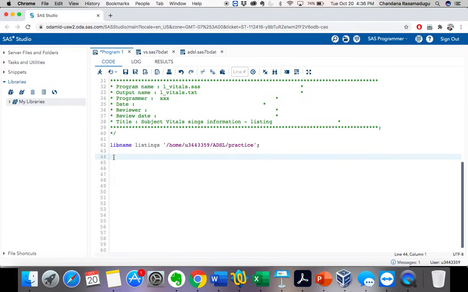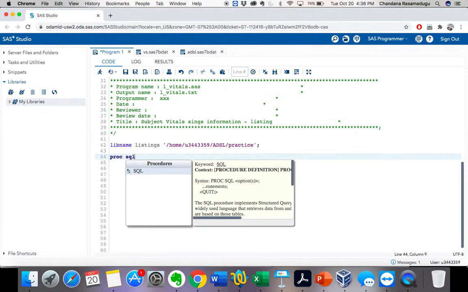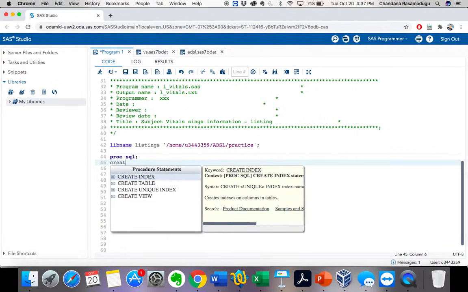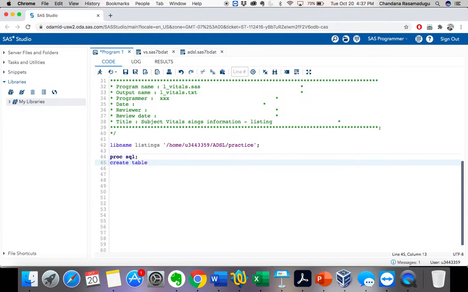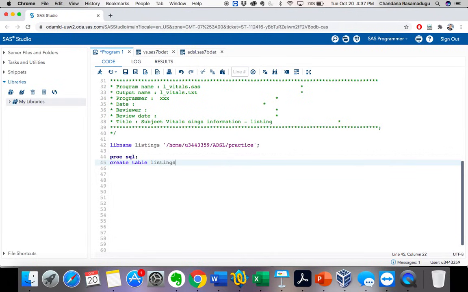So let's do that: proc SQL, and let's create a table. Now from which library are we getting this data? From the listings library, right? So let's give listings, that is my library name.